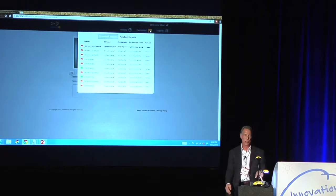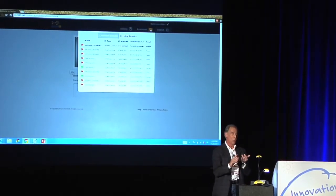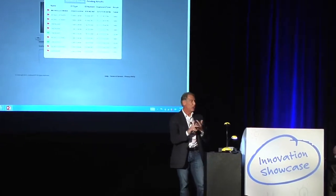Catfish ID supports virtually every identity document on the globe. You can bring us passports from China, visas from Egypt, military cards from Saudi Arabia, Mexican matricular cards, or a simple driver's license from Indiana. Virtually every government-issued ID on the planet can be authenticated within 8 or 9 seconds, something nobody else on the